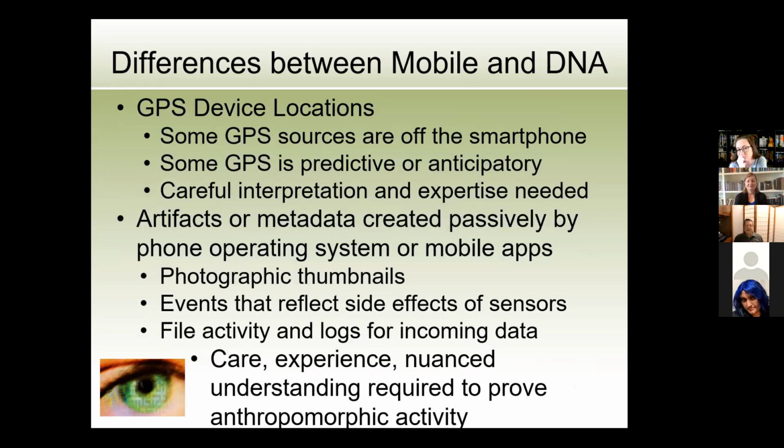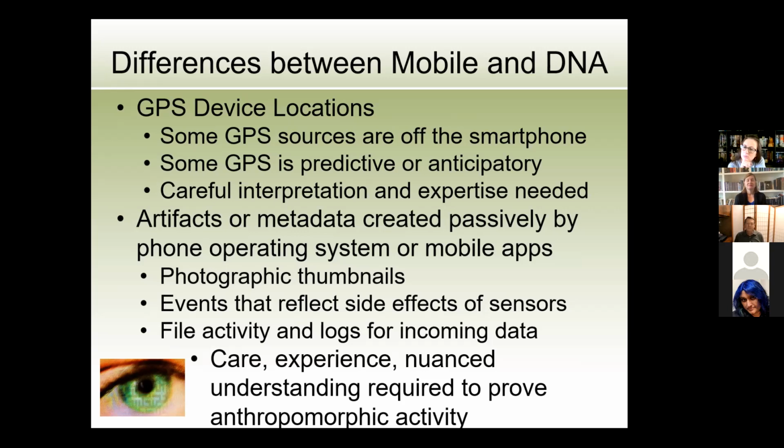Okay, GPS. GPS is really interesting, and it is a problem. It's wonderful to get this GPS information, but you have to make sure you know what it means. It turns out that we can now harvest so much GPS information on smartphones that we have to make sure that what we find is actually a place that the phone has visited. Sometimes there's GPS information on a phone that is not where the phone has been.